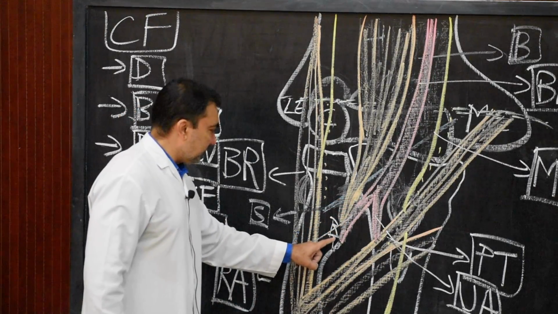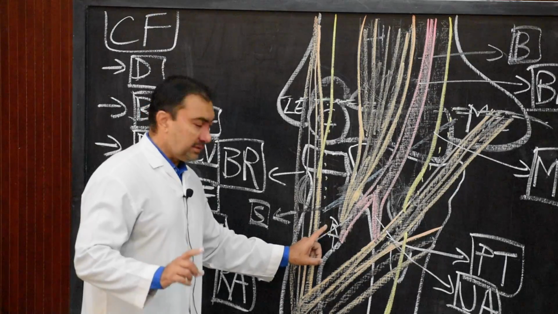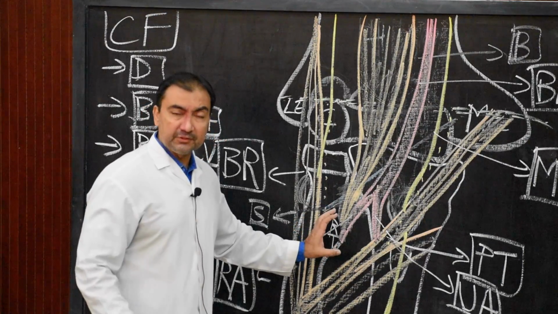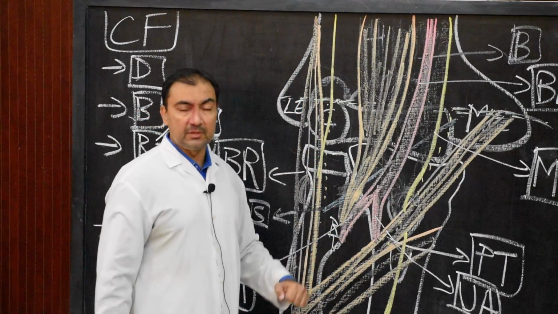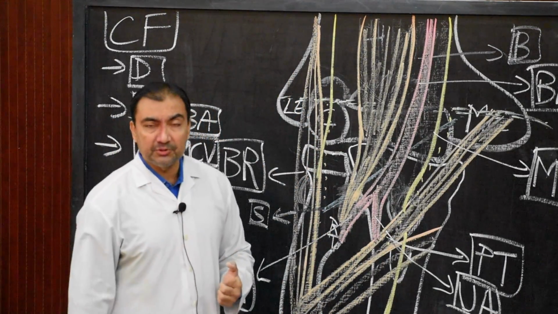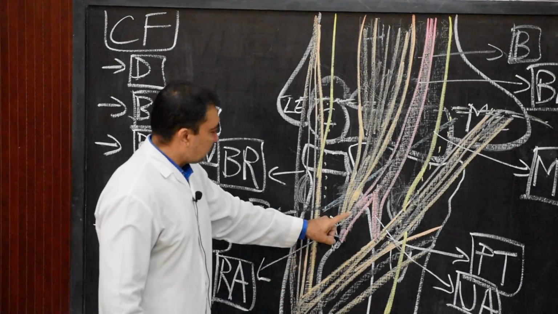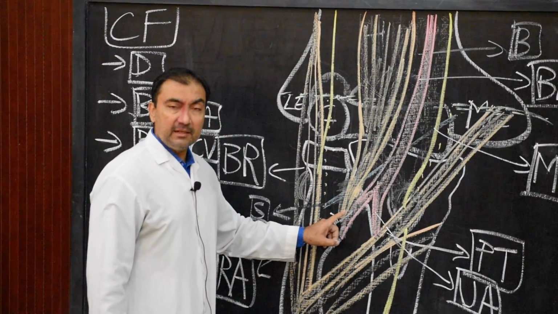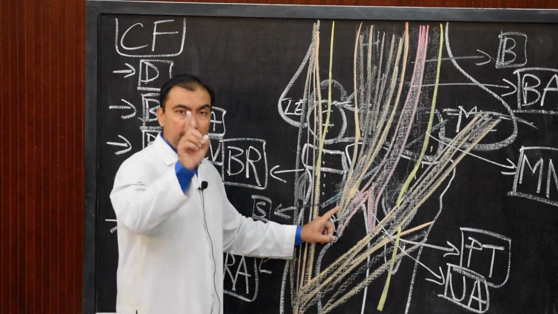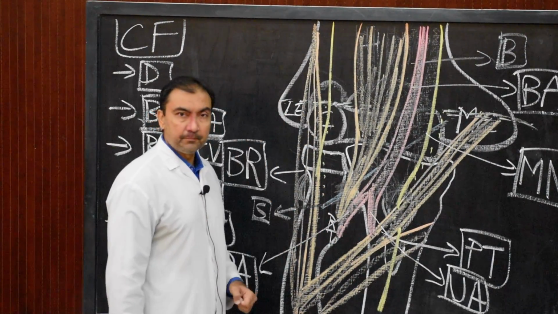This radial artery will in turn supply, in this cubital fossa, one branch, the radial recurrent branch, which will pass in front of the lateral epicondyle and participate in the anastomosis around the elbow joint. So in this cubital fossa, the radial artery will give only one branch, the radial recurrent branch.